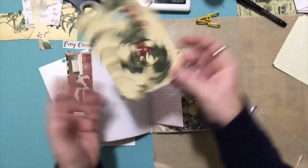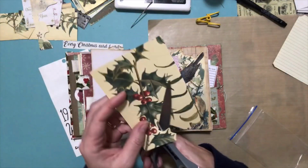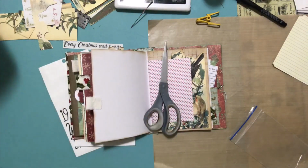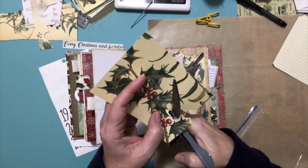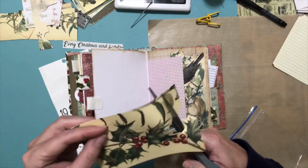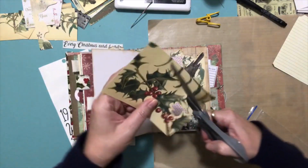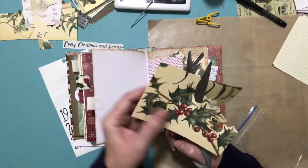And then I also had, this was one of the pages that had a little bit of holly on it. So I'm just, again, cutting around. Oops, just one second, I'm just going to grab my, trying to do things without my glasses on, and that just does not work. Alright, so I'm just going to cut around this a little bit. Just to give it a little bit of,